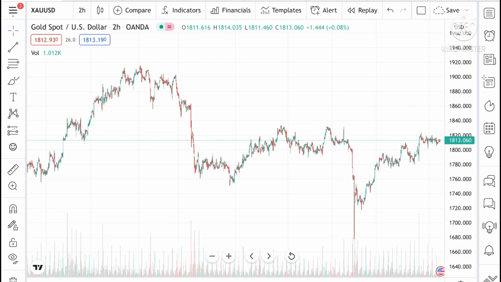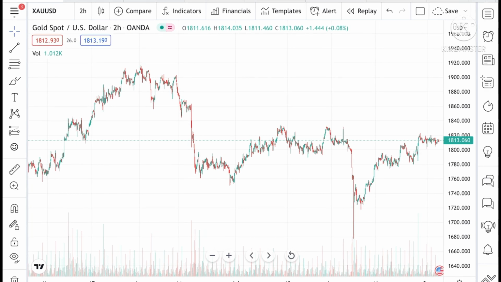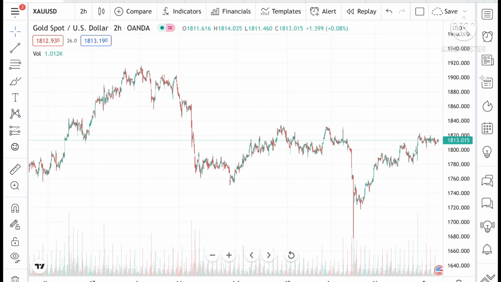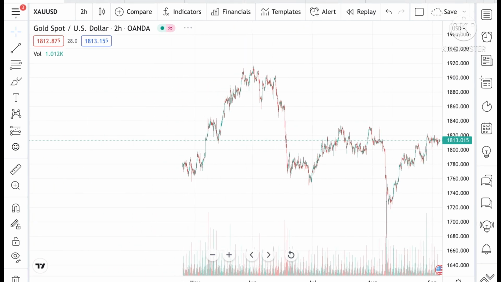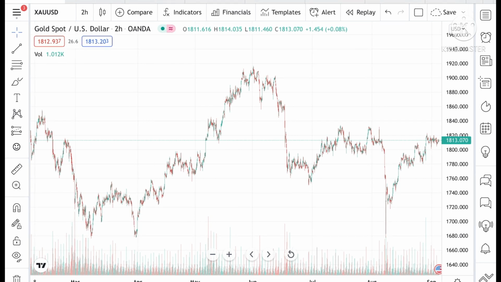So today in this video I'll explain how the gold price has moved in the last month and how the gold price can move in this month of September. See, if you look at this chart, I have shown you a chart of 3-4 months combined, and you can see from March, after making a low at this particular point,